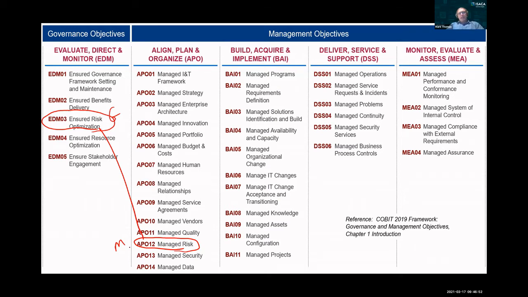Look at some of these areas, right? I mean, there's some of these areas that we actually should be really focused on risk. Look at this one, managed vendors. Do you think vendor management, third-party management has a high degree of inherent risk? Absolutely. Managed security, managed data. Each one of these has a portion of risk that links into it. Managed security services. Here's one, managed continuity, DR and BR kind of stuff. So notice that there's a lot of areas in there left. So I just want to make sure I pointed those things out for you so you kind of knew where